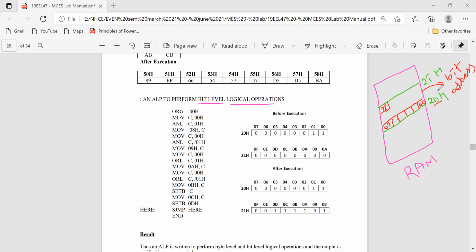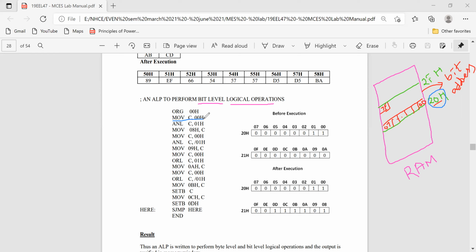This 20H is nothing but byte addressing. Whether it is bit or byte depends on the instruction we use. For example, see here, the operation of this instruction is a bit operation.